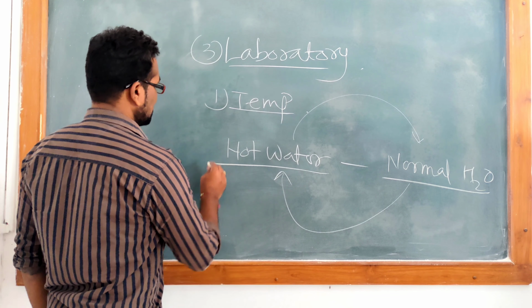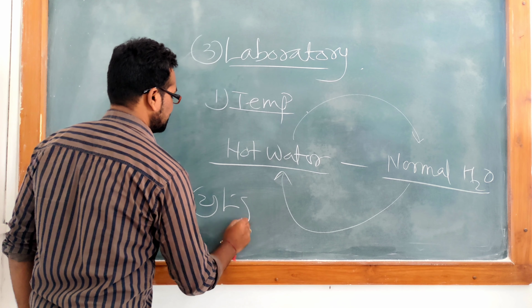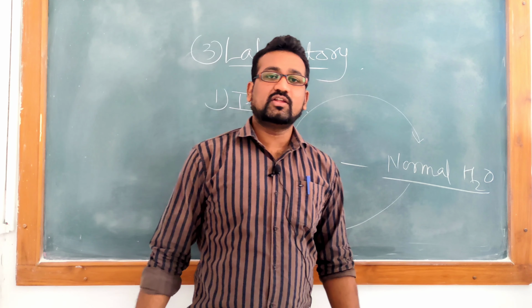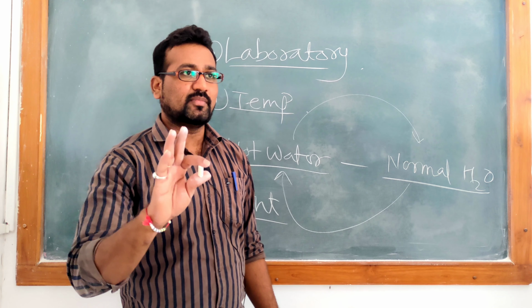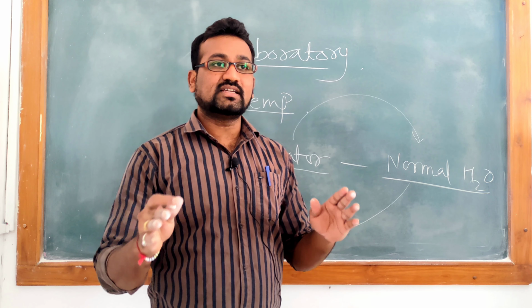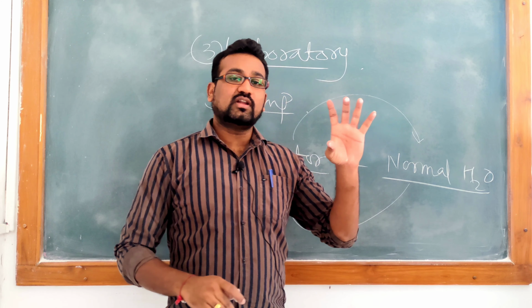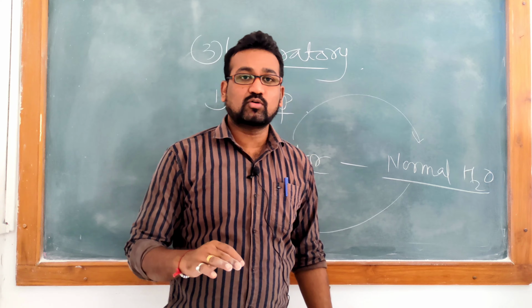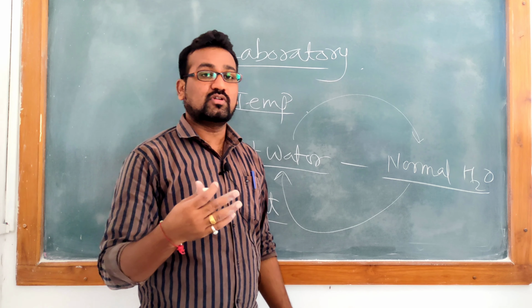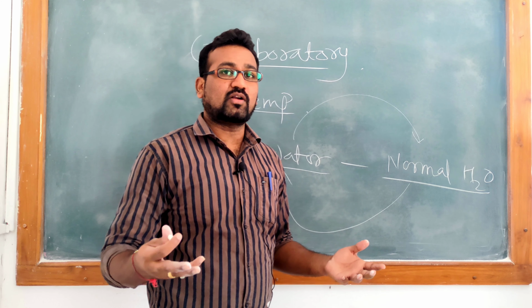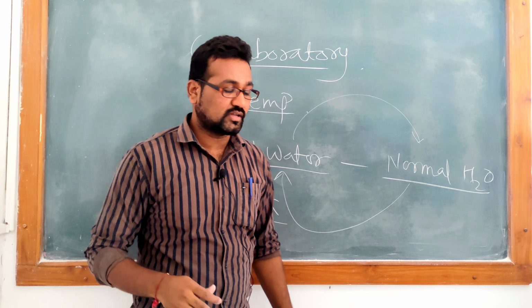Another technique is by using light. How can light play an effective role in seed germination? Please remember, there are different photoreceptors present inside the seed. These photoreceptors are such as phytochrome. You must have studied phytochrome, cryptochrome. There are various photoreceptors acting as sensors for the plant for light fluctuation.